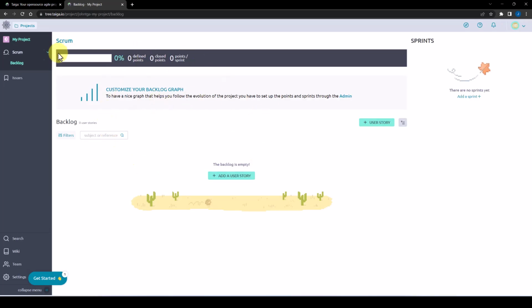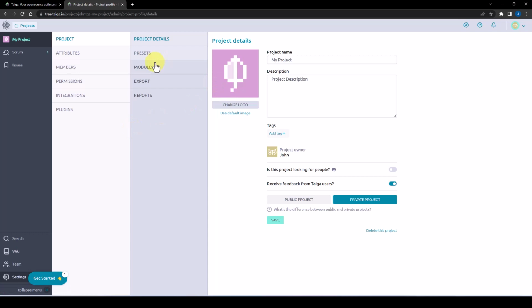So as you can see here, we now have our project name. We have the Scrum drop-down menu here, and we have the backlog screen here. The backlog is where we can add user stories in, and we can see the points up here. But before we do that, we need to allocate the amount of points for the whole project and the number of sprints we estimate. So to do that, we need to go down to the settings, and we go to